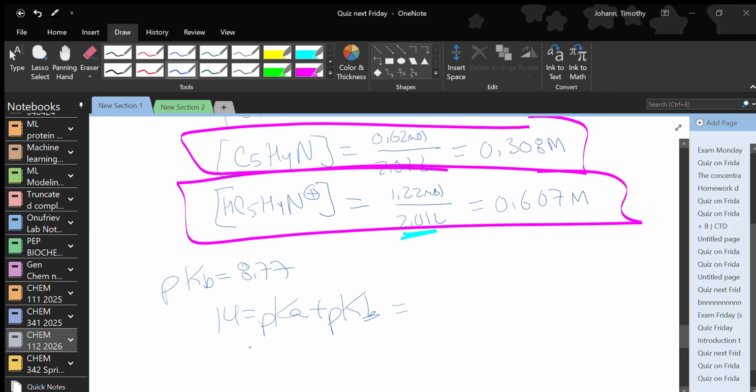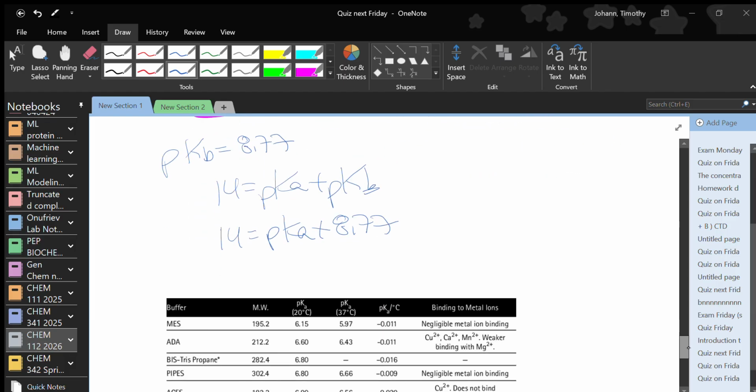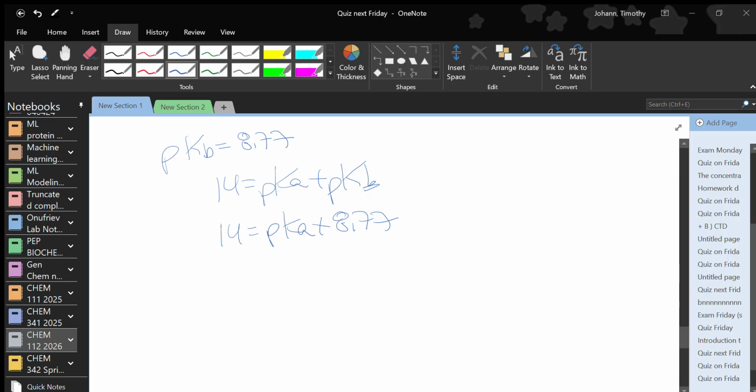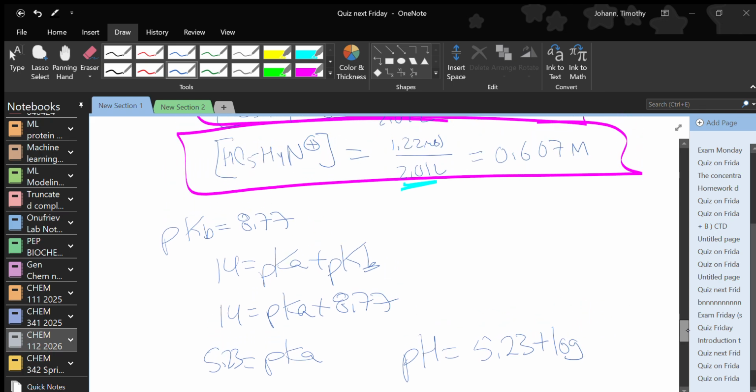And so that's going to be equal to 14. I don't know what my pKa is, but I know my pKb is 8.77. And now I'm going to be careful this time to keep all my sig figs. So I'm going to do 14 minus 8.77, and I get my pKa is equal to 5.23. And now I can use my Henderson-Hasselbalch equation. pH is equal to 5.23 plus the log of